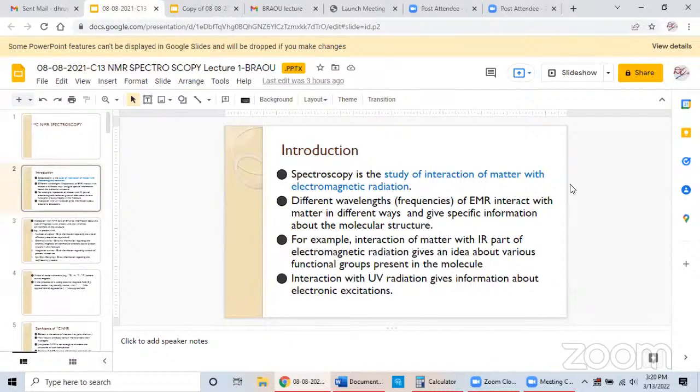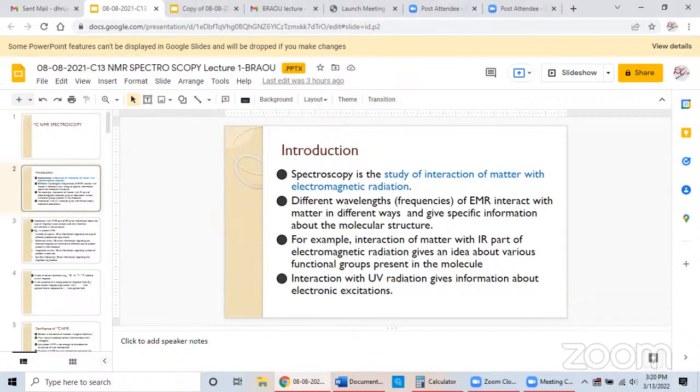For example, in first year you have studied IR spectroscopy, UV spectroscopy, and proton NMR. So different wavelengths of EMR, electromagnetic radiation, interact with matter in different ways and give specific information, which is very useful in